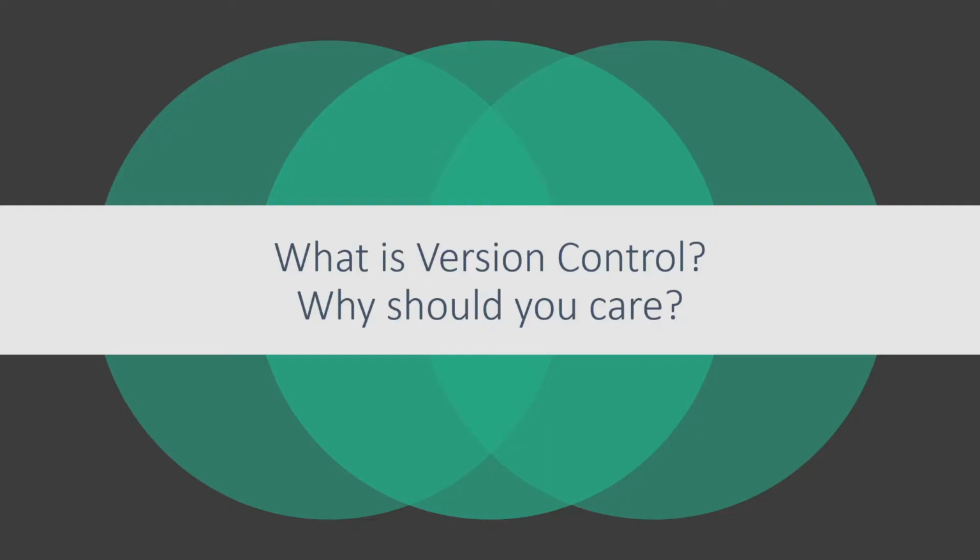What is version control and why should you care about version controlling? Version control is a system that records changes to a file or set of files over time so that you can recall specific versions later. It allows you to revert selected files back to the previous state, revert the entire project back to the previous state, compare changes over time, see who last modified something that might be causing a problem, who introduced an issue and when, and more. Using a VCS also generally means that if you screw things up or you lose files,